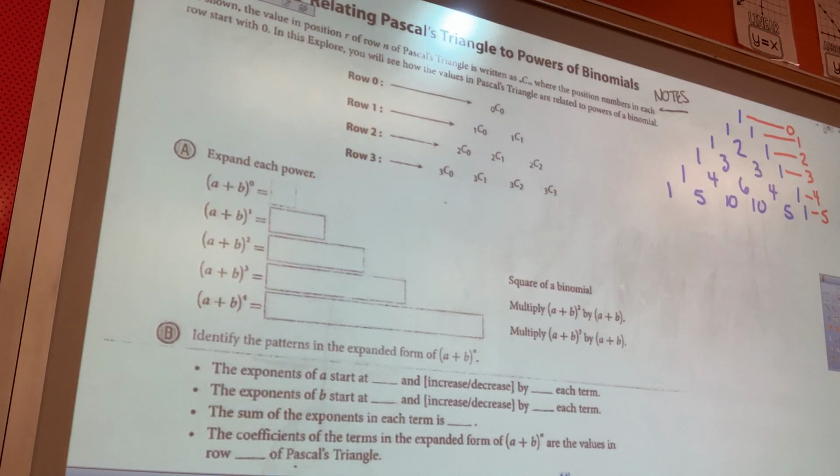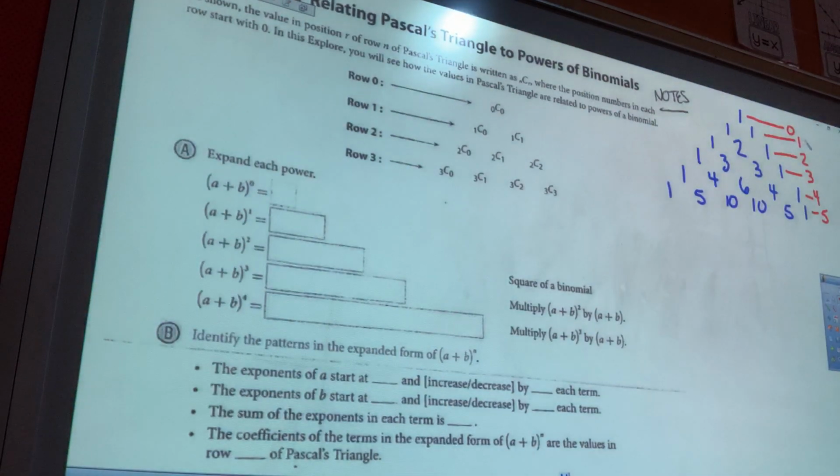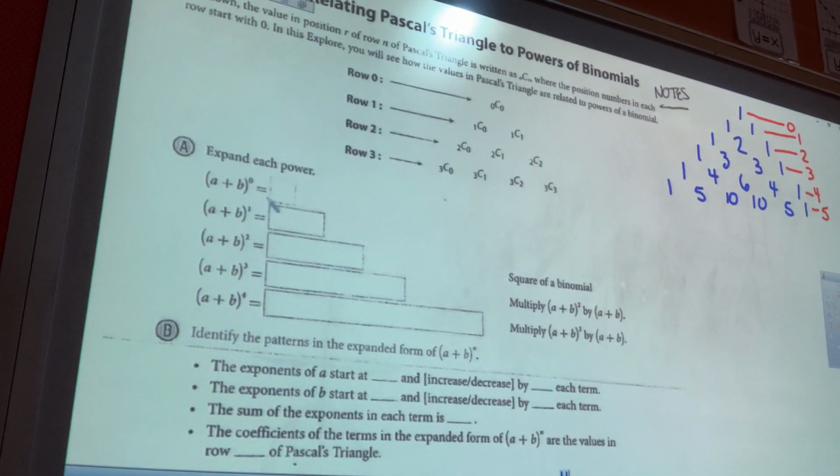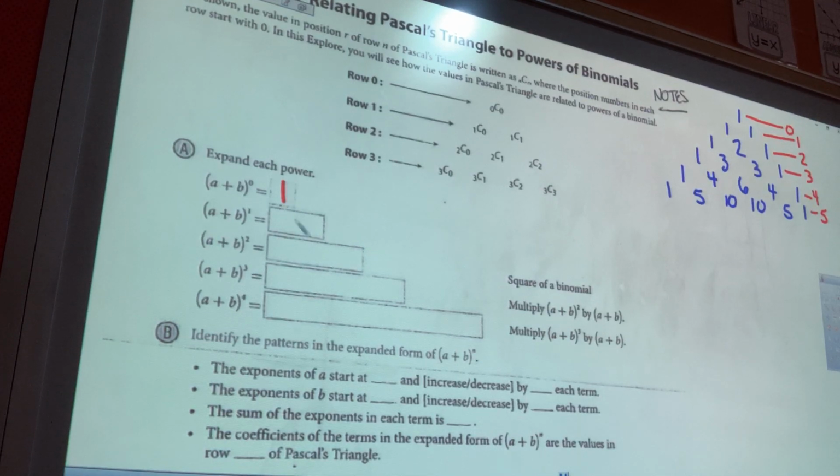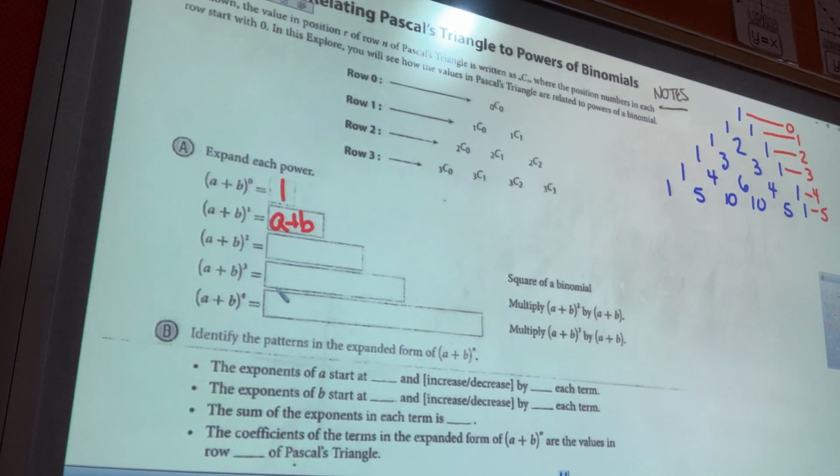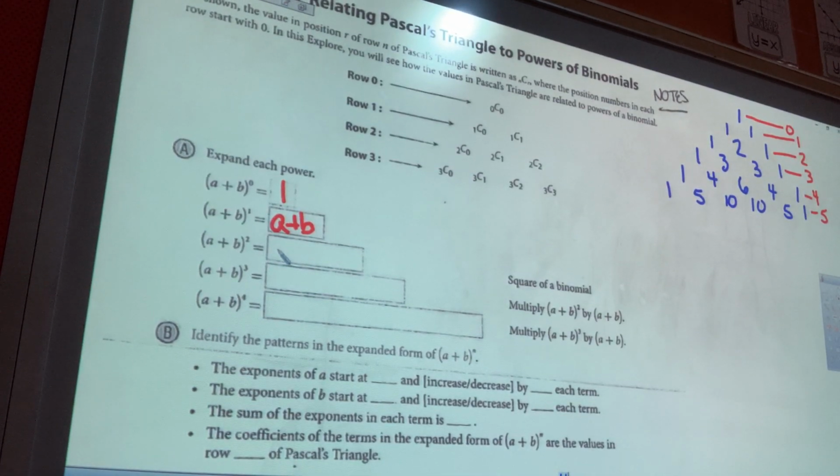That's when we have anything raised to the 0 power, anything raised to the 1 power. All right, so here, a plus b to the 0 is 1, that's what we have here. What is a plus b to the first power? It's just a plus b. What is a plus b to the second power? Which we've already done that on the prior page. A squared plus